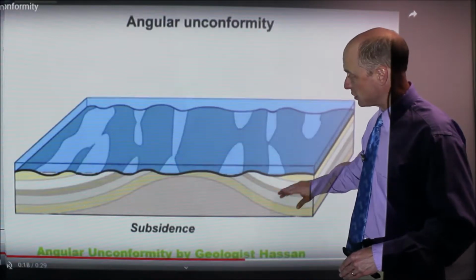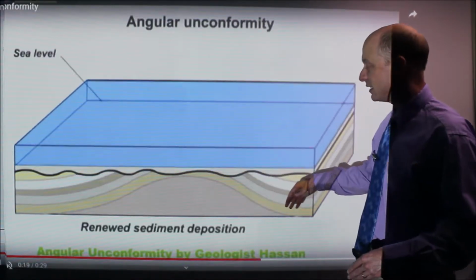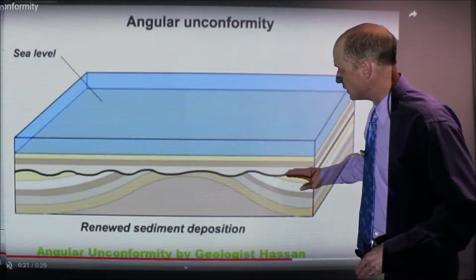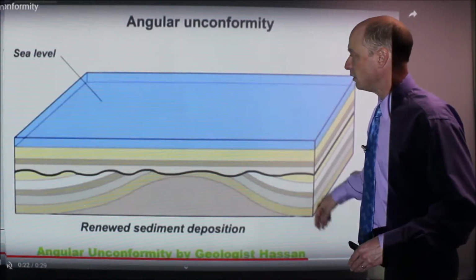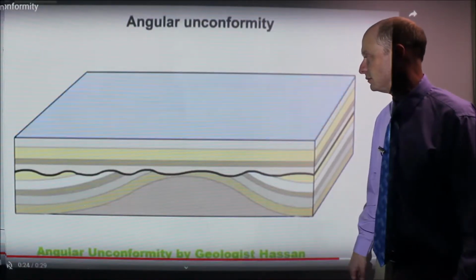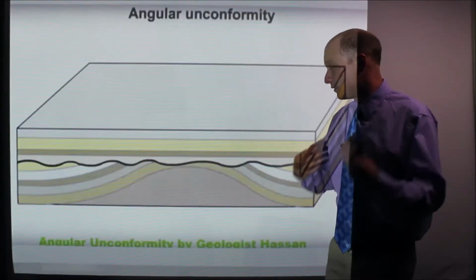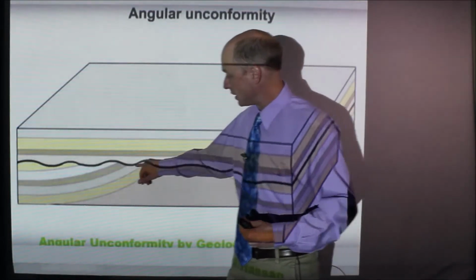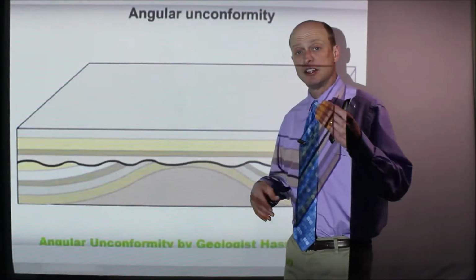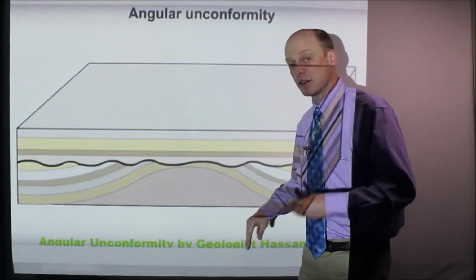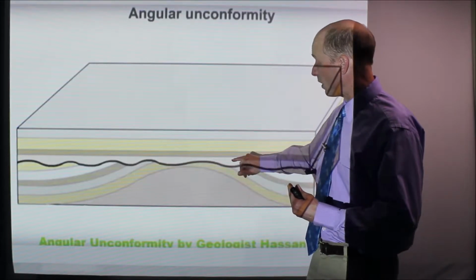And now all of this goes back down under the ocean, okay? Somehow it gets under the ocean, and then you're going to have more sediment deposited on top of it, like this. Okay, and you see those different layers forming on top. They're going to get deposited, and they're going to turn into rock also. And so the result of the animation is this. This is the unconformity right here, okay? And it shows that there was uplift, erosion, then it had to go back down beneath sea level